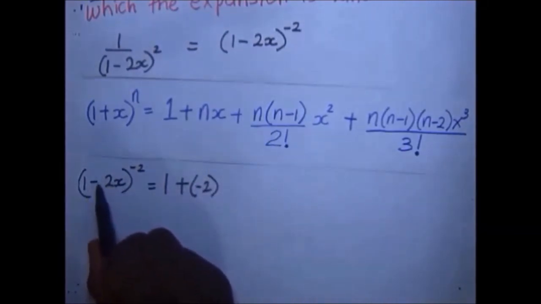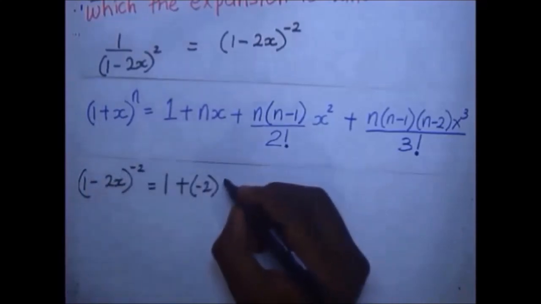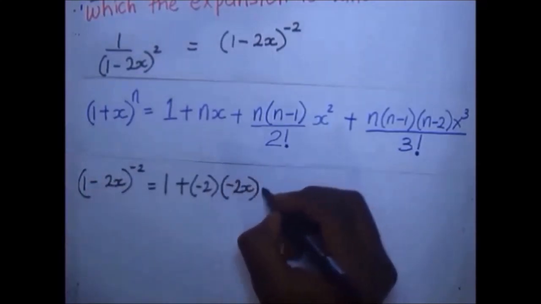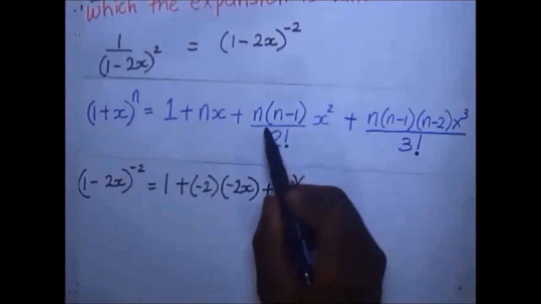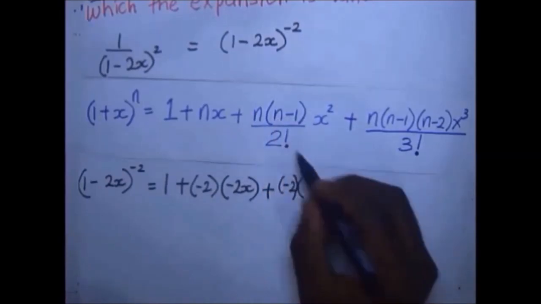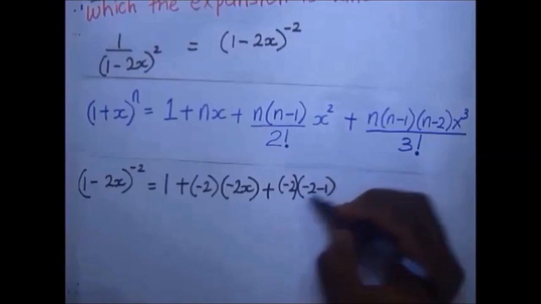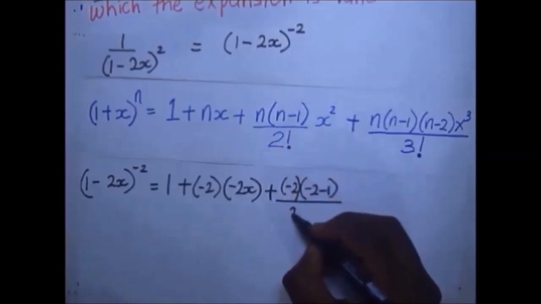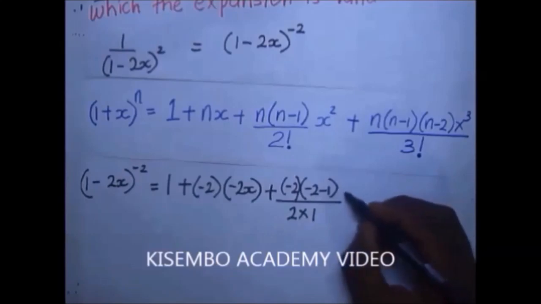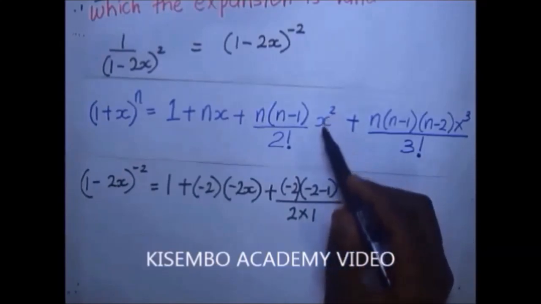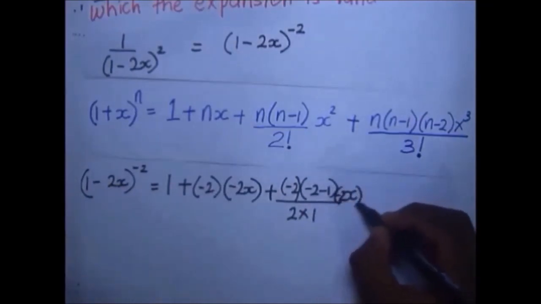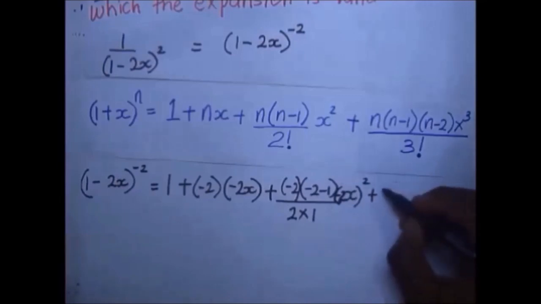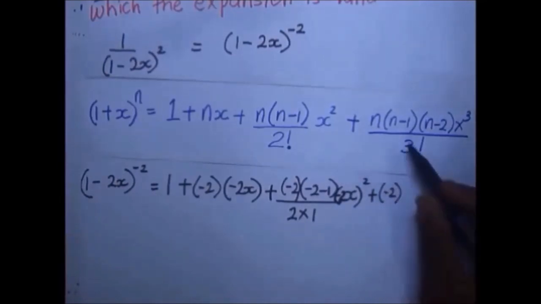Now our value of x is negative 2x. All this is the value of x. So it's times negative 2x, plus n, which is negative 2, into n minus 1, which is negative 2 minus 1, over 2 factorial. 2 factorial is 2 times 1, that is x squared. Now what is x squared? X is negative 2x, so it's going to be negative 2x, all this thing squared, plus n, that is negative 2, times negative 2 minus 1,